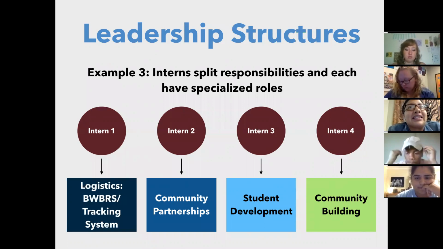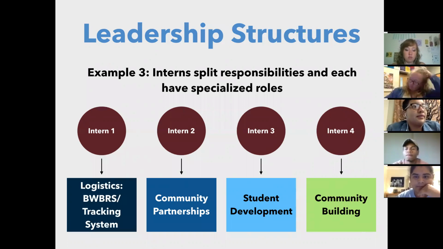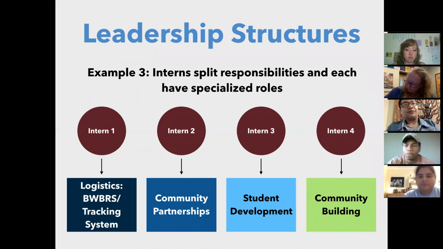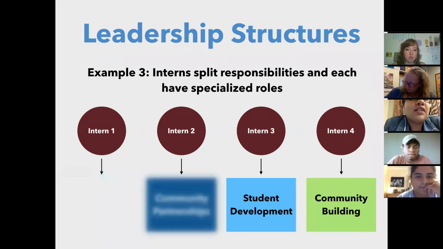So which responsibility should you prioritize? But that doesn't mean that intern 3 can't have 2 different responsibilities or 3. It's just specialized roles. And so thinking about this idea of specialized roles,